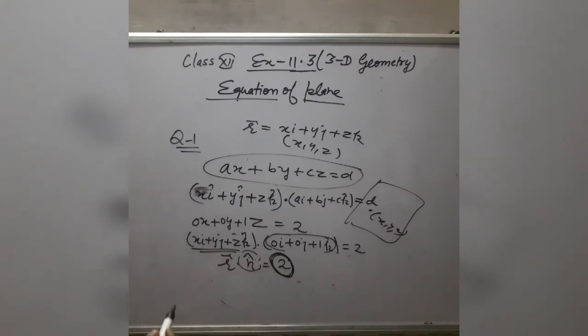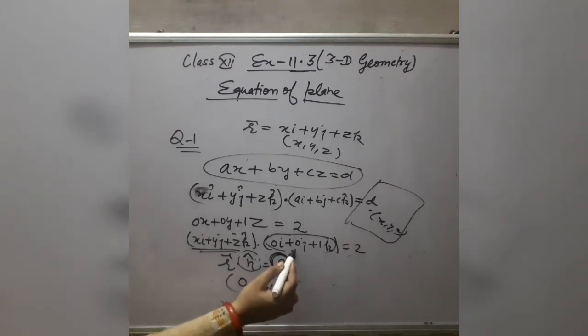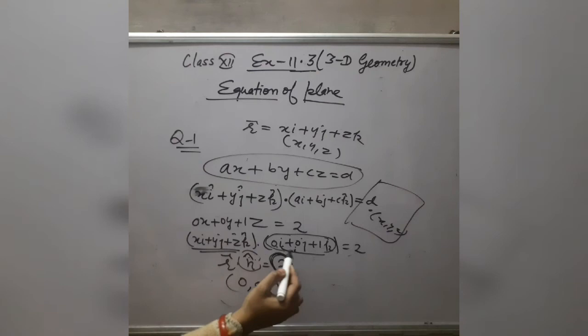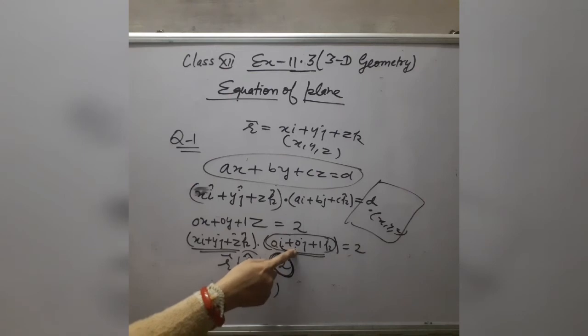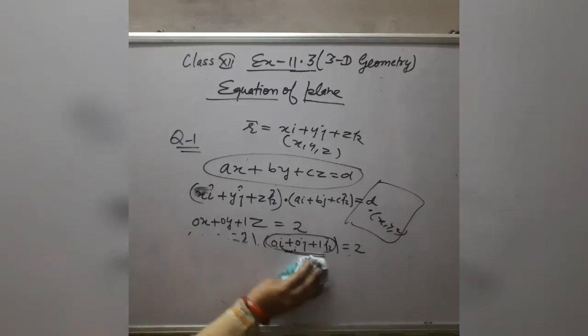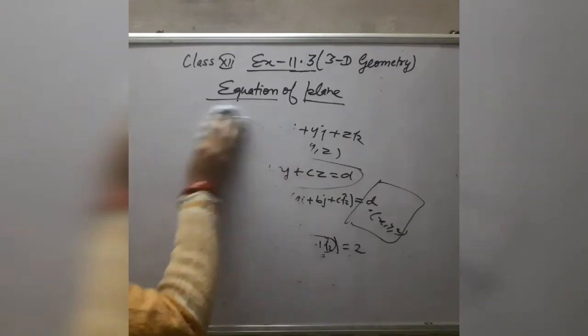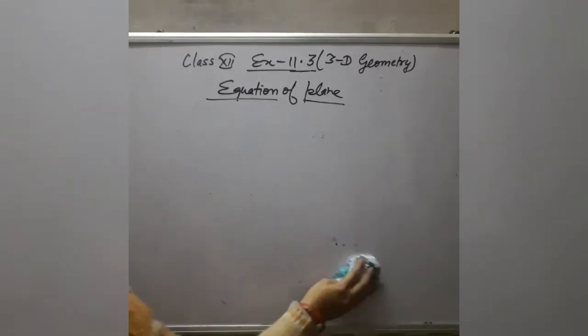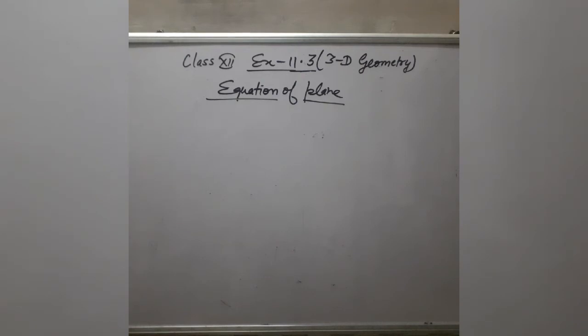So this is a unit vector, and if this is a unit vector, it means 2 is the perpendicular distance of the plane from the origin. So in this question we have to find the perpendicular distance, or you can say the direction cosines of the normal. In that case the direction cosines of the normal will be 0, 0 and 1. This vector is the normal vector, and this is a unit vector, that's why the direction cosines will be 0, 0 and 1. If this is not a unit vector, firstly you divide it by its magnitude, after that you take the components of i, j and k, because direction cosines you always find from the unit vector. In this way you can find the distance of a plane from the origin.